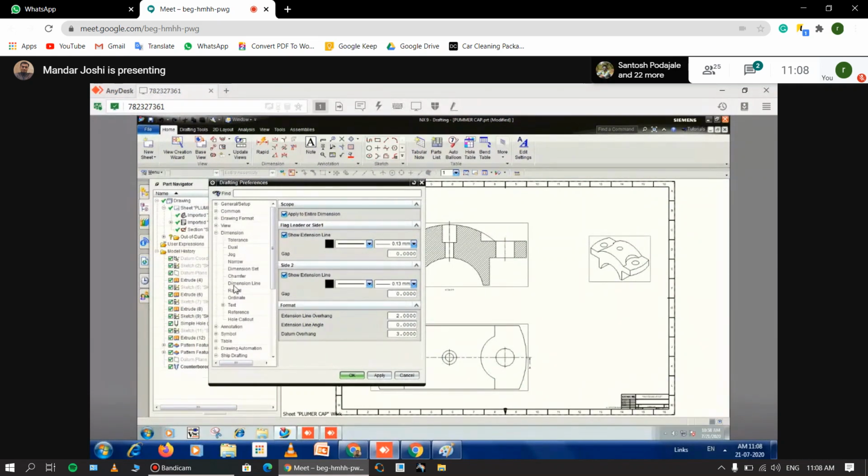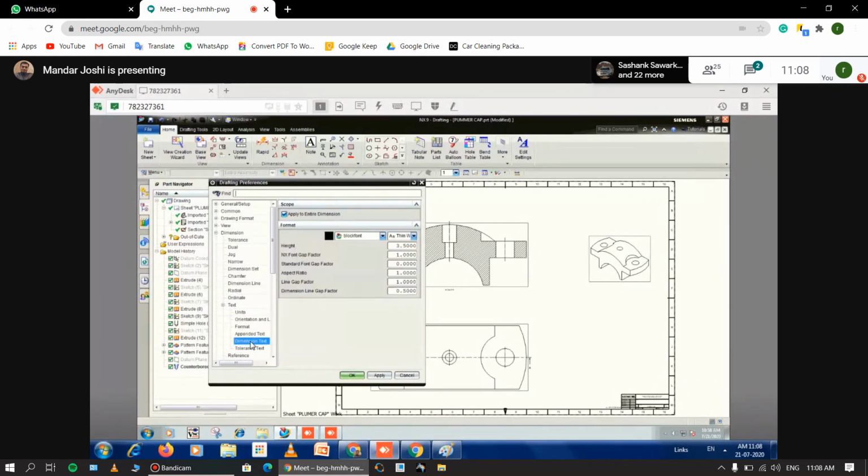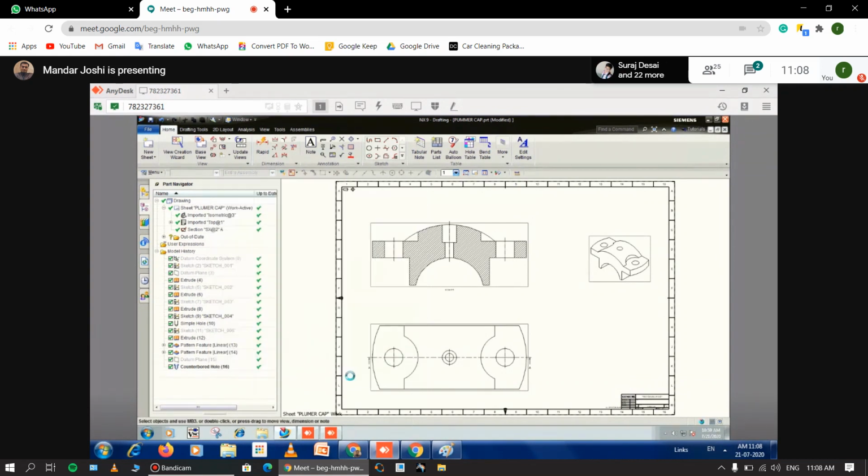Here you get the text. Go to the text and define the dimension text. The size or height of your text is 8. I'm taking 8 here. Then click on apply or OK. Now you create the dimension again here.